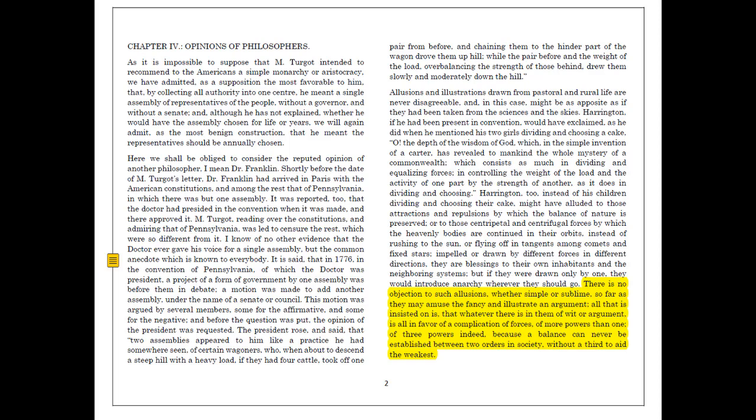Madison, and then Publius, which is Madison under a pseudonym, is going to refer again and again to these balances of the forces of nature, to centripetal and centrifugal forces and holding the heavenly bodies in their orbits. That will be Madison's essential conception of the federal structure between federal government and state governments. They're like the sun and the planets. The tension between them, the balance of forces between them, is what holds them in equilibrium. Without one or the other, each would be destroyed. Nature is built on these oppositions of forces.